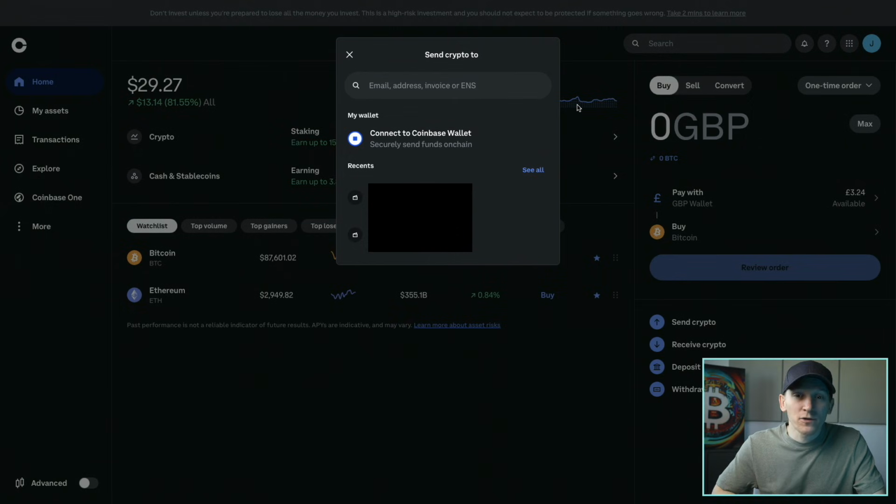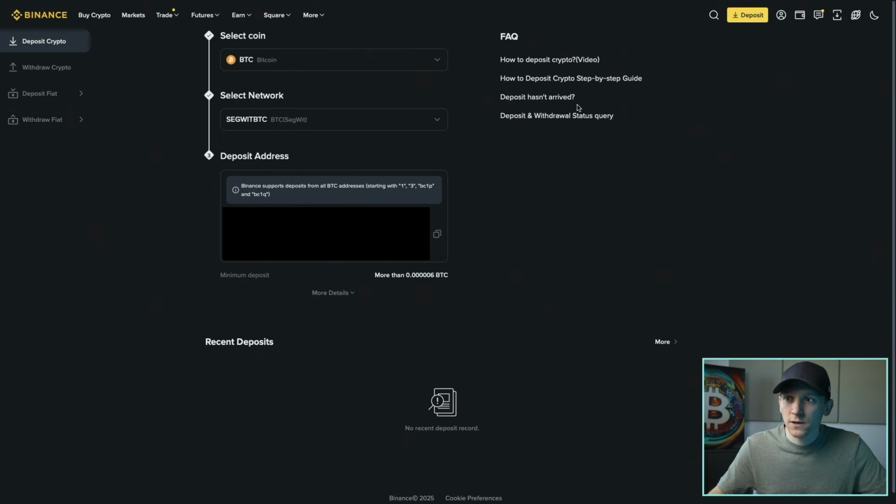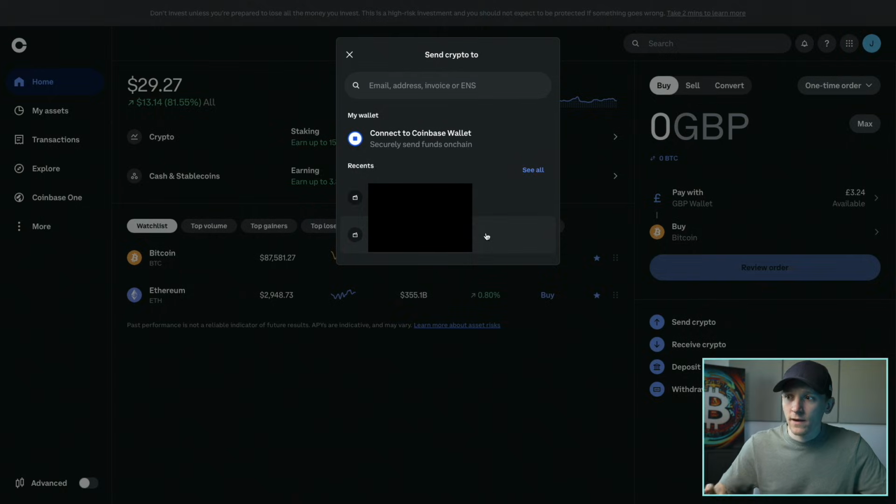Getting the correct deposit address is obviously the really important thing, and it depends which asset that you're sending. If you're sending something like Bitcoin, which is a layer 1 coin with its own blockchain, this is easy, right? You just go to Bitcoin, you get the Bitcoin deposit address, and that's it. So I'll show you at another exchange. I want to deposit, in this case, Bitcoin, and this is my deposit address here, so I can just copy this